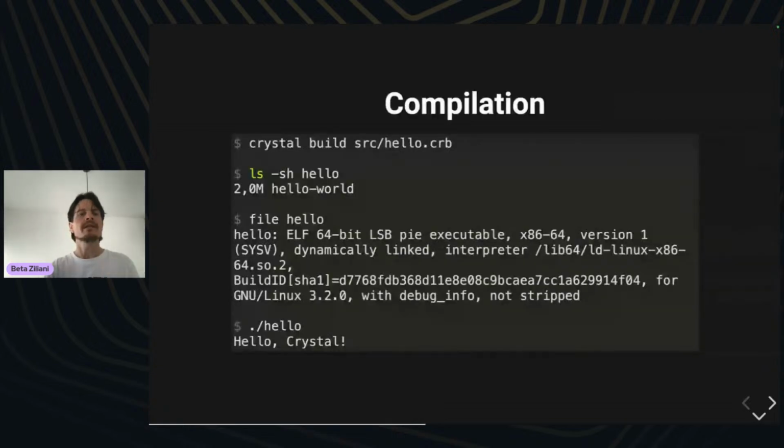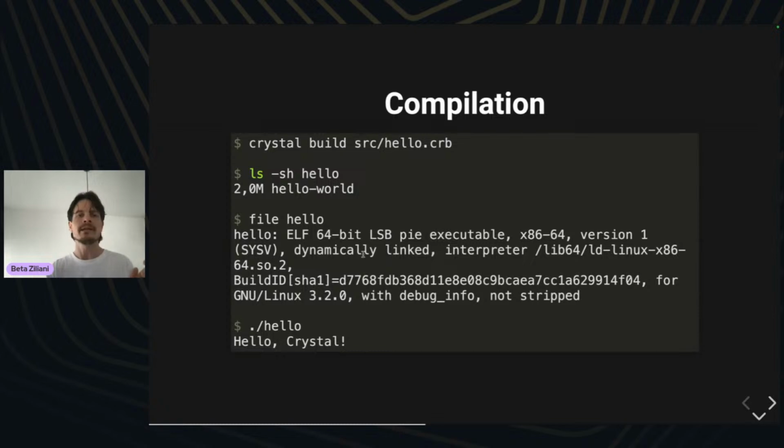So I mentioned that Crystal is compiled. That means that, well, actually here is missing the release flag. So this is creating a pretty fat binary for something that just prints hello Crystal. But if you put release, this will be much smaller.